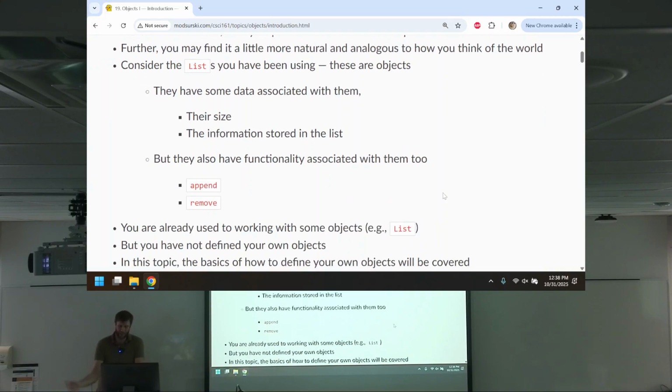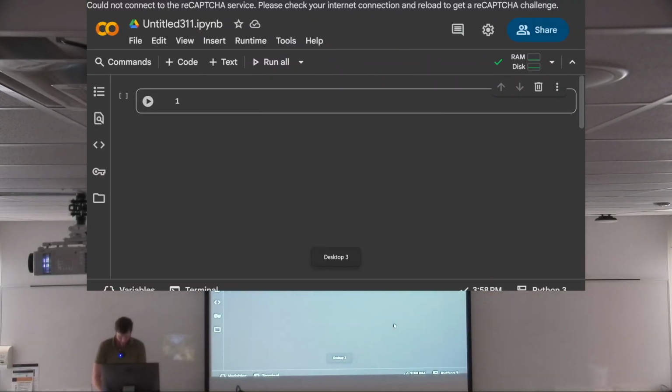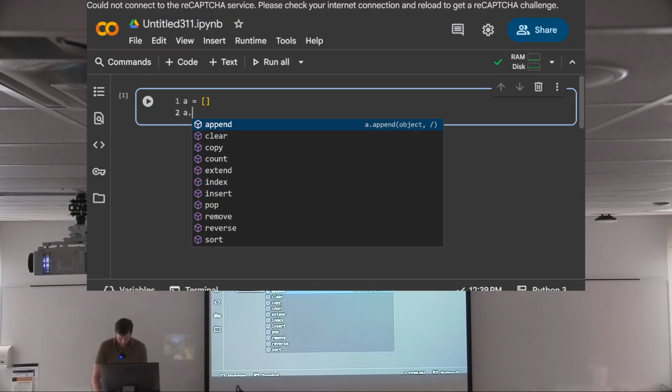So lists you've already been using, they're objects. They have some data associated with them, like the information actually stored in the list and their size, but they also have some functionality associated with them, like remove, append, and there's a lot more. And I showed you before, if I made some list, A equals whatever, and then A dot, here's all the methods: append, clear, copy, count, extend, index, right? There's a lot of methods there that I could use. These are all different pieces of functionality that are for a list. But they'll act on